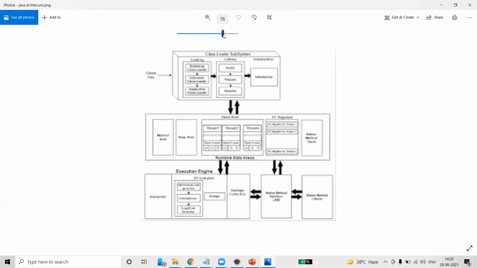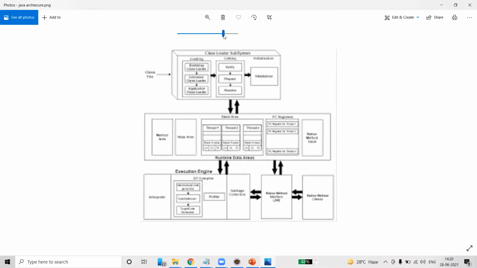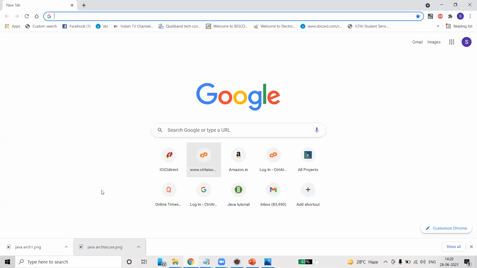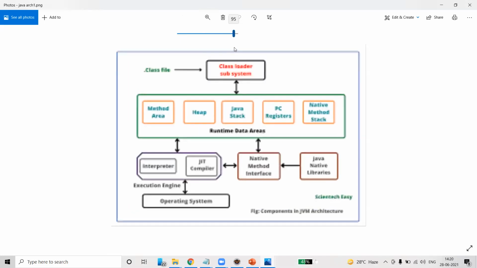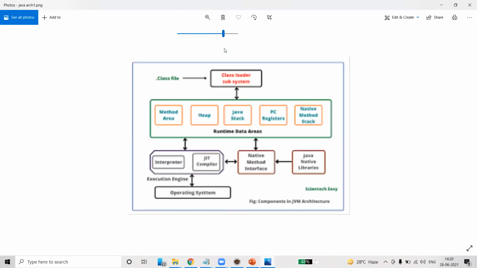If you click the plus button, is it visible? This is also very small.